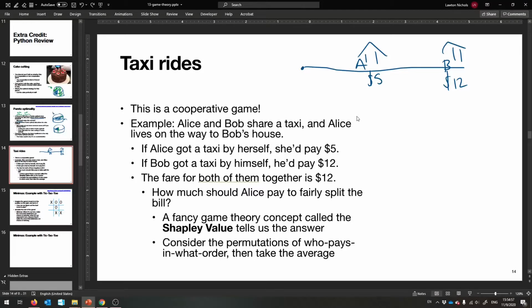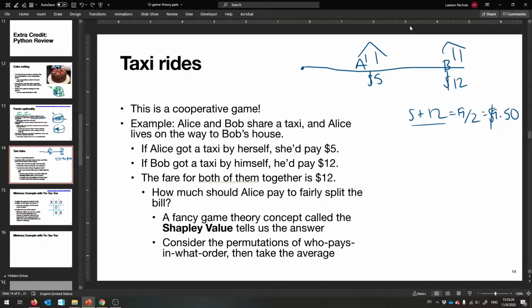Because, well, it should be cheaper for both of them, but they don't. It shouldn't be average, okay? So we shouldn't average the bill. 5 plus 12 is what? That's 19, divided by 2 is 9.5, yeah? So $9.50 if you average it, but that's way more than Alice would have ever paid, so she might as well go alone. And then, yeah, Bob's better off, but, I mean, what's the point?